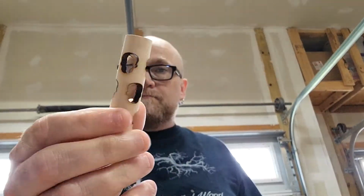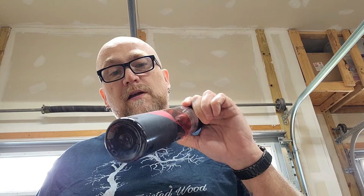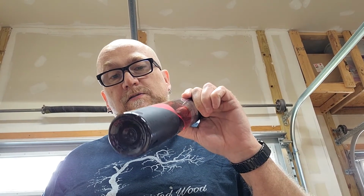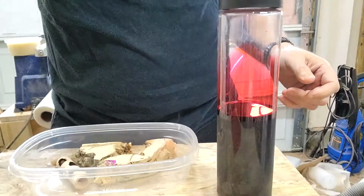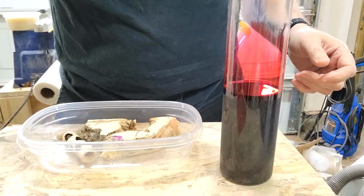Okay, everybody, so I got the maple blank, and I decided I'm going to go with the red. So this is actually red cactus juice mixed with Alumilite red dye. Now, what I'm going to do here, just angle this down a little bit, and what I'm going to do is